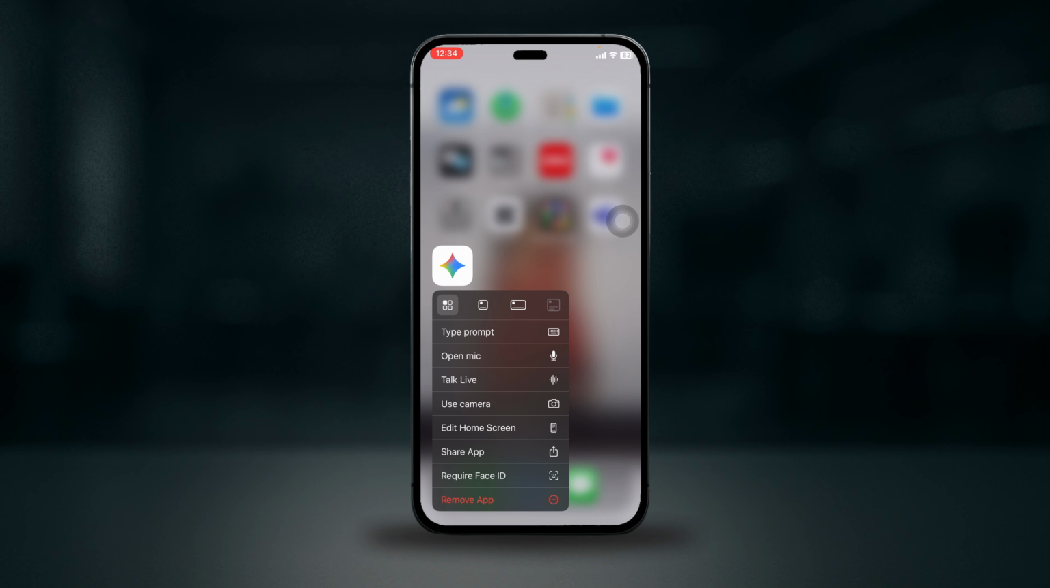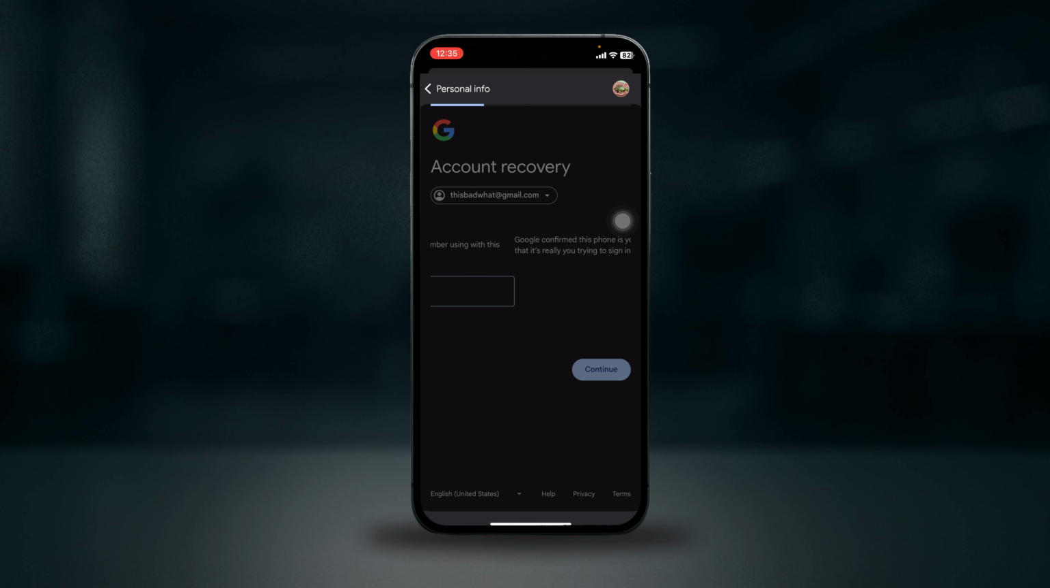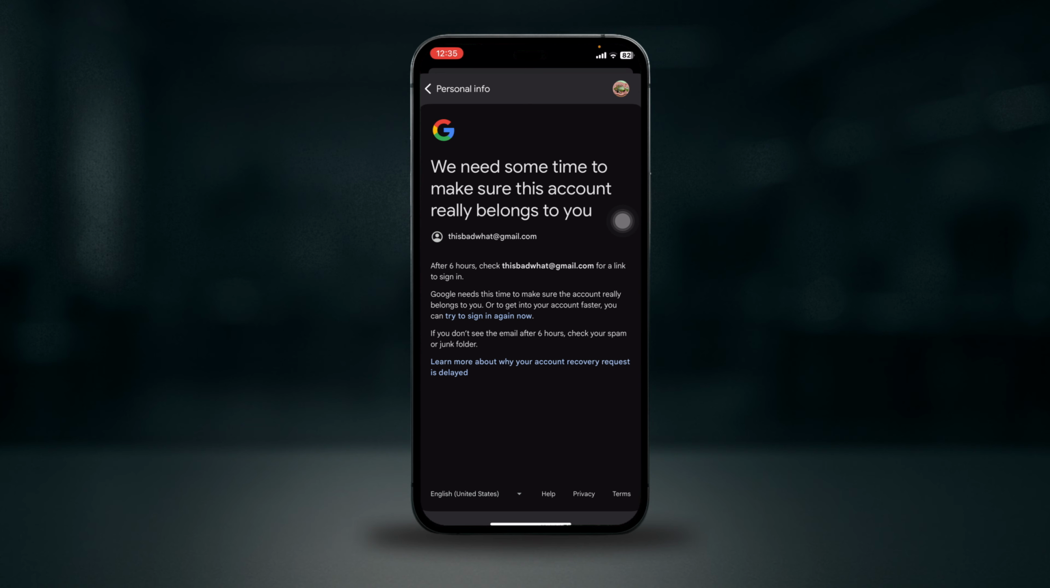Open the Google Gemini app and tap sign in. On the login screen, tap forgot password and then click on try another way. Now, if Google confirms this phone is yours, this helps verify that it's really you trying to sign in. Then, if Google trusts you, it will show you your password, let you recover your password, or allow you